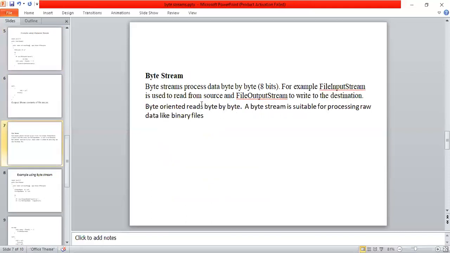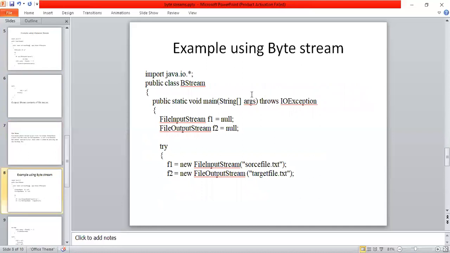Byte stream. Byte stream processes data in the form of bytes. Character stream reads data in the form of characters. Suppose you want to read data in the form of a file, then we depend on the character stream. Similarly, if you want to store binary files, then we depend on a stream class called byte stream. The size of this byte stream is 8 bits, meaning it can read data in the form of bytes. Now this byte stream is explained by the following Java example.